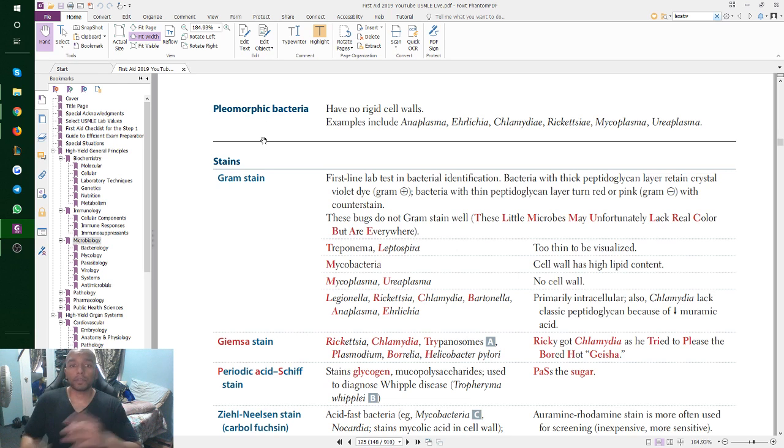Pleomorphic bacteria are a third different type. These guys don't have rigid cell walls, so examples include anaplasma,